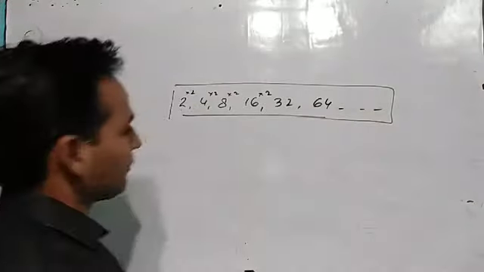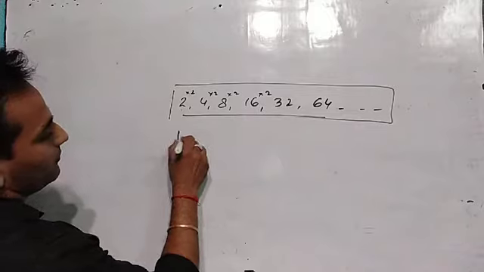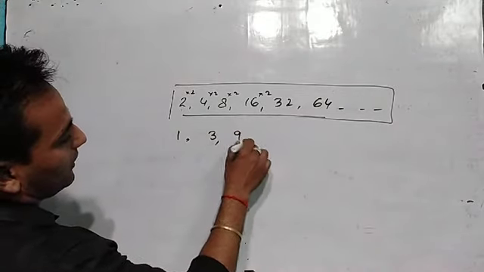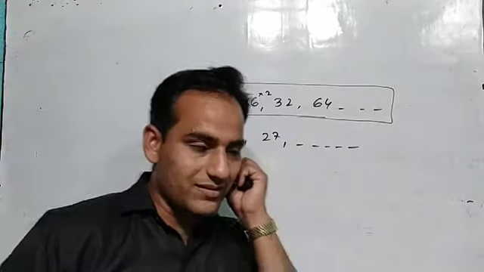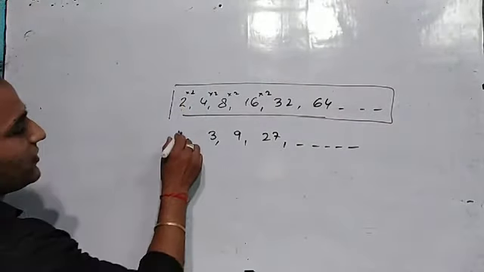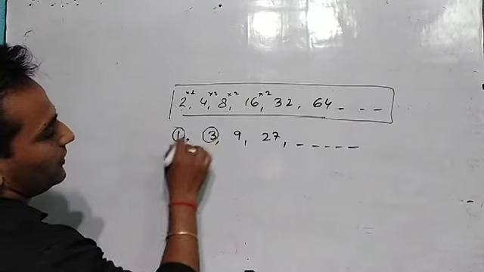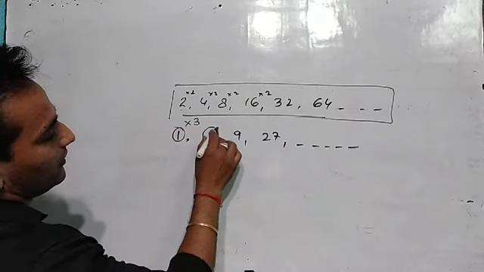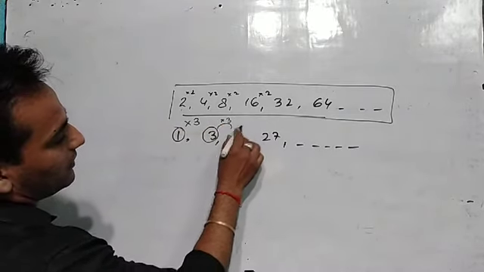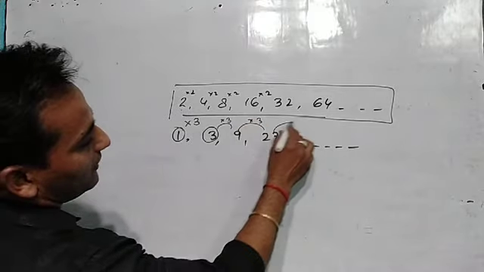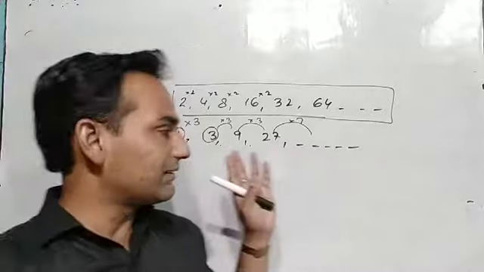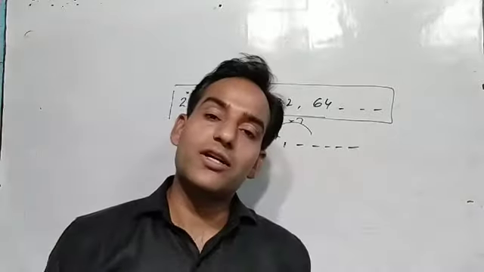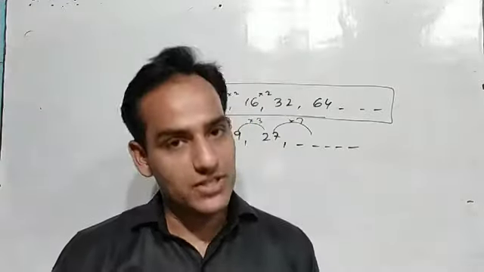Okay. So if we take one more example like 1, 3, 9, 27 and such like, just like that. So if we have first term 1, then we have got 3. So 1 is multiplied by 3. Again 3 is multiplied by 3. 9 is multiplied by 3. Again the next term will be multiplied by 3. So a series like these two is called a geometric progression or a GP series.